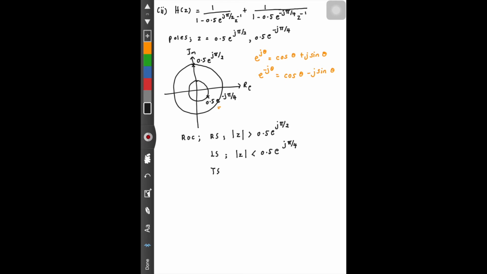Why do we put j pi over 4, not minus? Because minus j pi over 4 is actually in a different direction. Remember again, we need to have modulus z equal to modulus a, so because of that, we need to remove the minus. And then for two-sided, we have